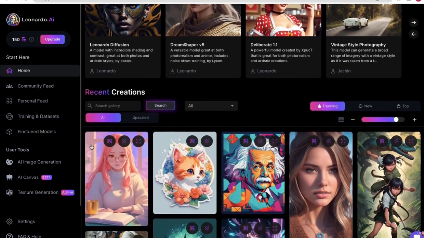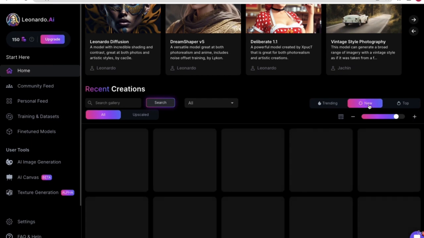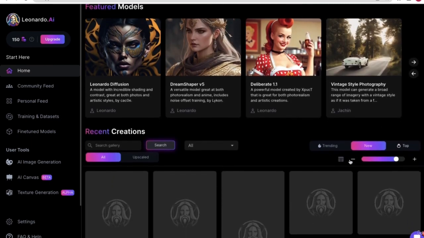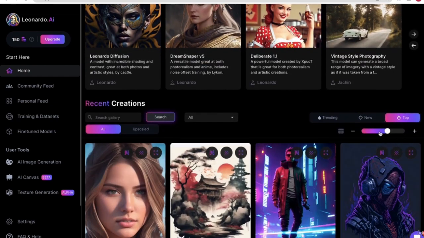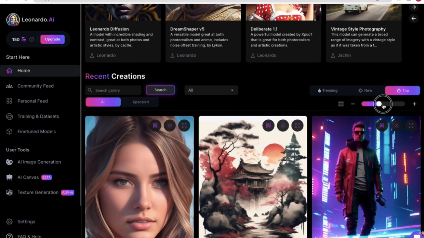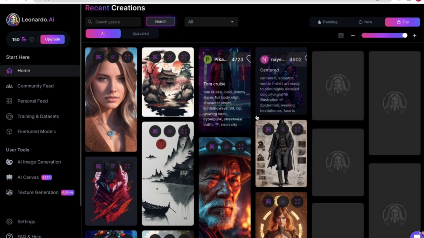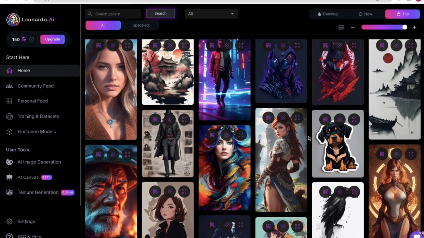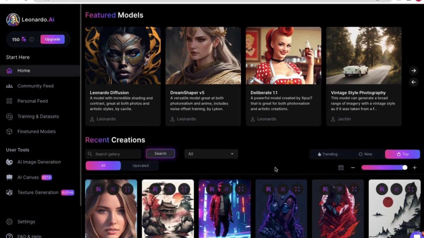Okay, and we have also got one update. If you go to the home page now, you can see they have shifted the trending, new, and top tabs over here. Interesting. You can also decrease it, or if you want 3 columns, 4 columns, 5 columns, you can just increase it. The more you increase, the more images you can see. All these options are available here, you can just search for it. It is just an update I got